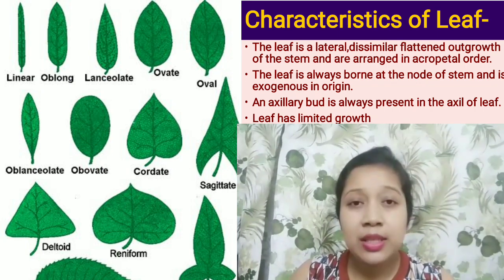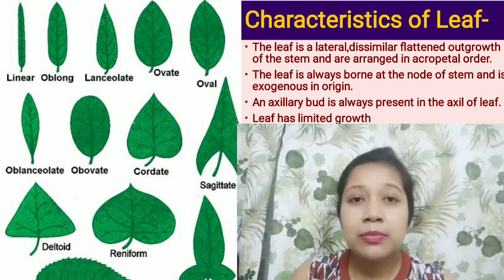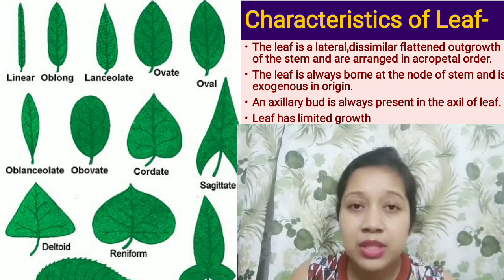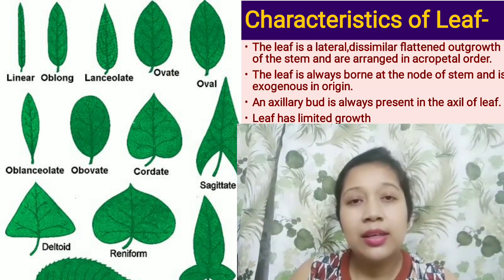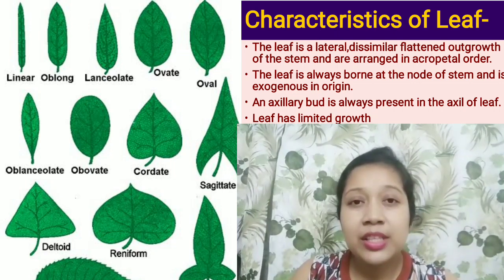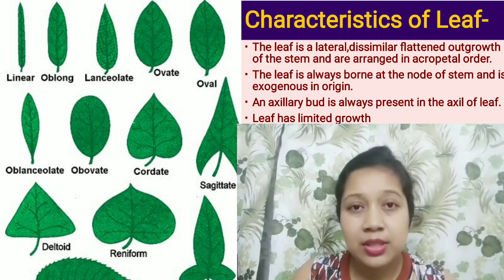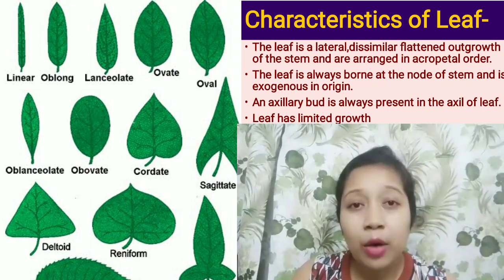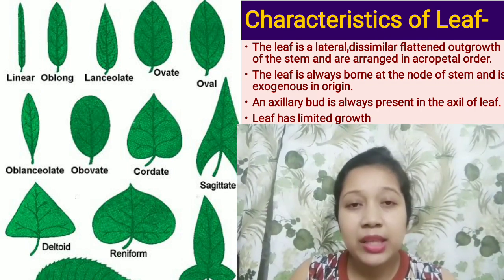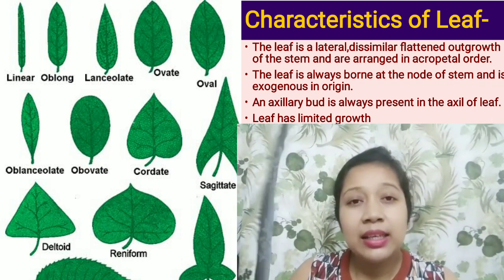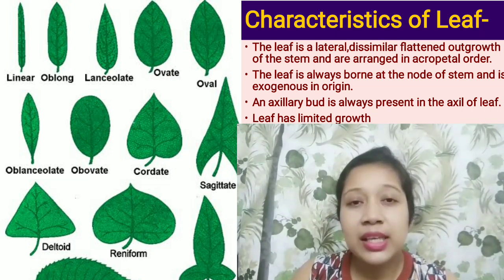Some are broad, some are very small, some have some kind of constriction, some are linear, etc. So they are dissimilar in their general characteristics, and they are generally flat structures which grow as an outgrowth of the stem. And one thing to be kept in mind is that the leaves are formed always in